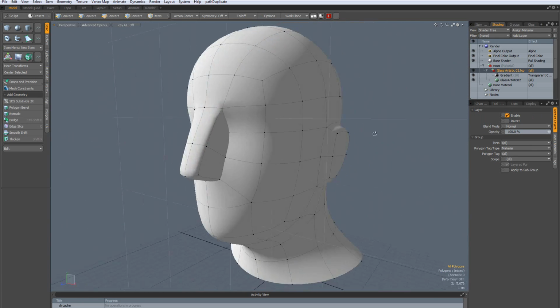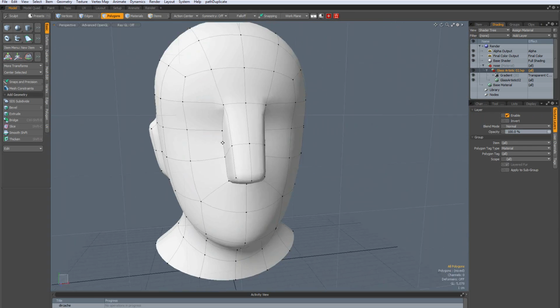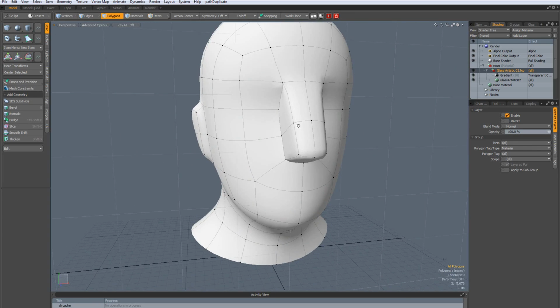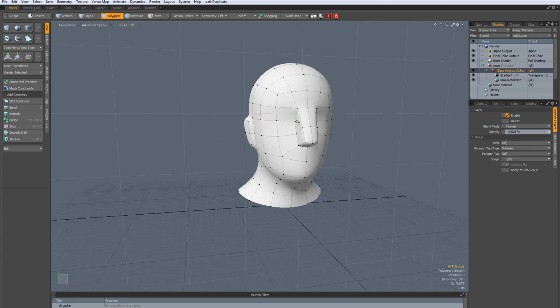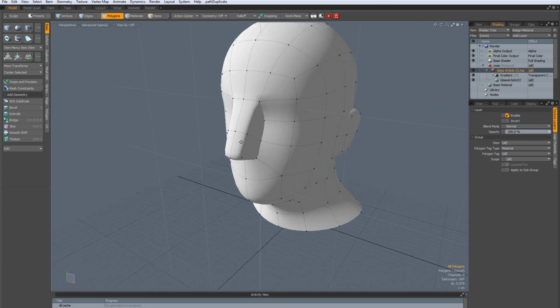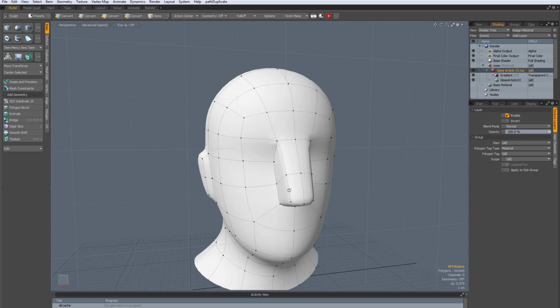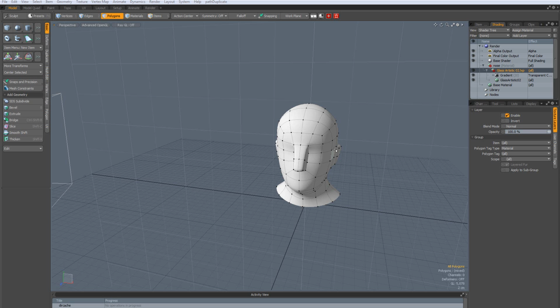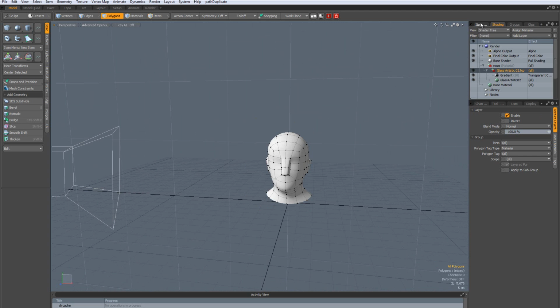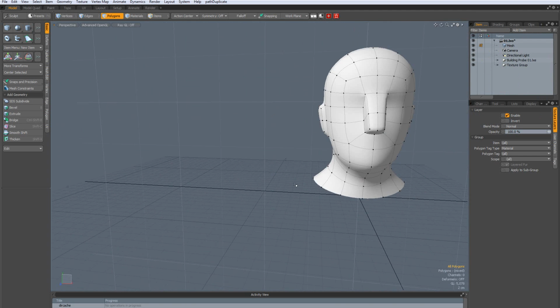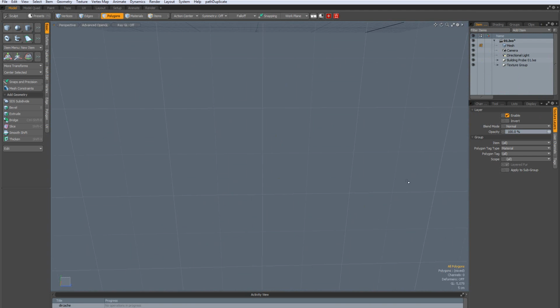So orbiting with Alt, Shift, panning, Alt Control is zooming, or you can zoom also with the mouse wheel. That's the basic navigation in Modo. And also something really important that is really annoying in the beginning. Sometimes you move around and you just do something somewhere and then you lose. You don't know exactly where the